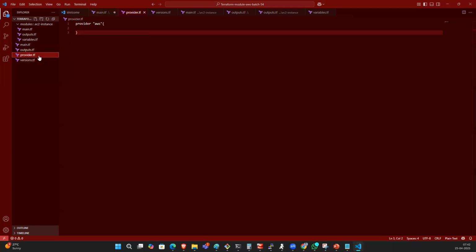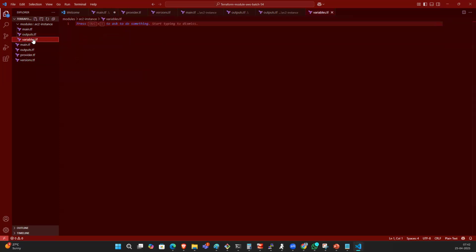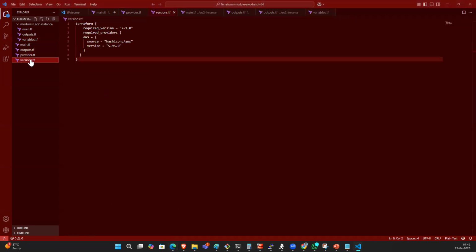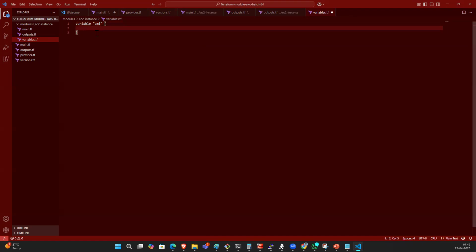Right. In the providers block, what do you want to use? In the variables block, the versions we already used. Right. So what can we define in the variables block? We want to define variables. So versions, providers, variables. What variable do we want to define? We want to define variable AMI,